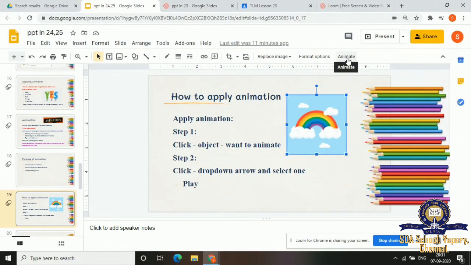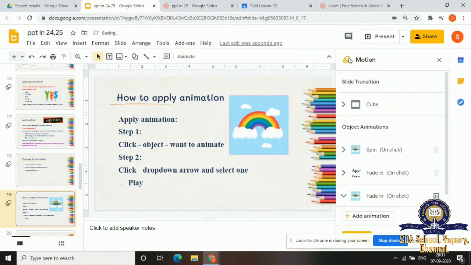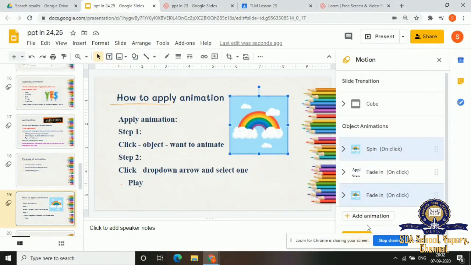Here you have the animate option. So click animate. You'll get this task bar. For this slide I have given cube, which I'll tell you about later. So spin. I'm selecting this and giving add animation.